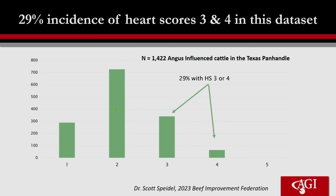So as we look at some research that hasn't been done through the American Angus Association, but has been done in other research groups, here's some of the initial findings that we've seen. So this is some work from Dr. Scott Spidell from Colorado State University, where they've gone in and collected about roughly 1,400 Angus-influenced cattle in the Texas Panhandle. What this graph is showing is that there's about a 29% incidence rate of heart score 3s and 4s